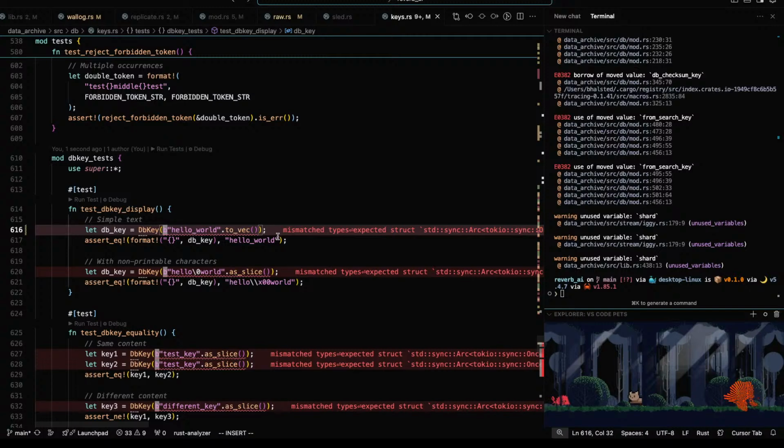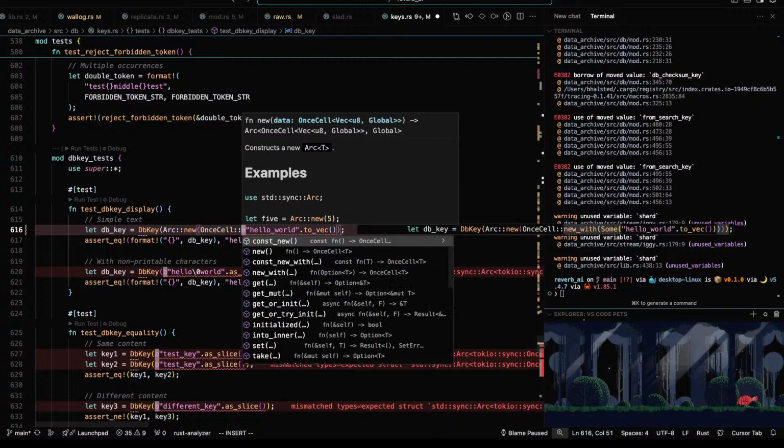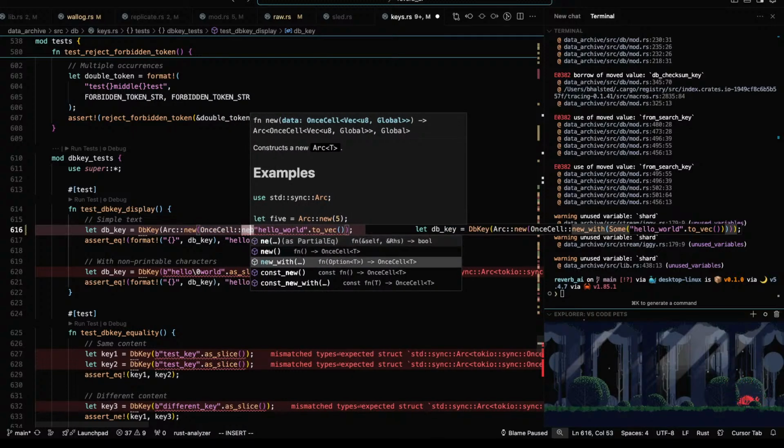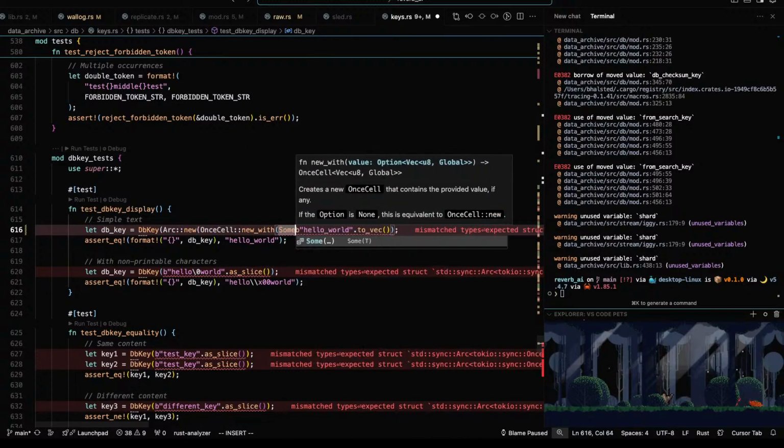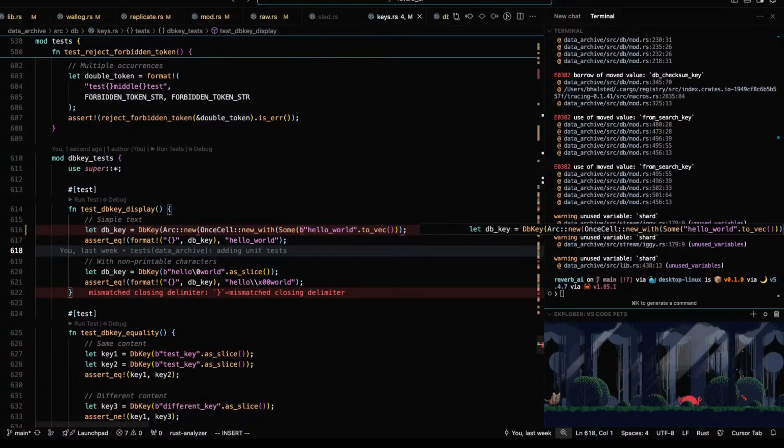We still need to have this initialized and everything. So maybe we create a little utility function to create these. So what does this look like? Arc new, OneCell, new with. Did I get that right?